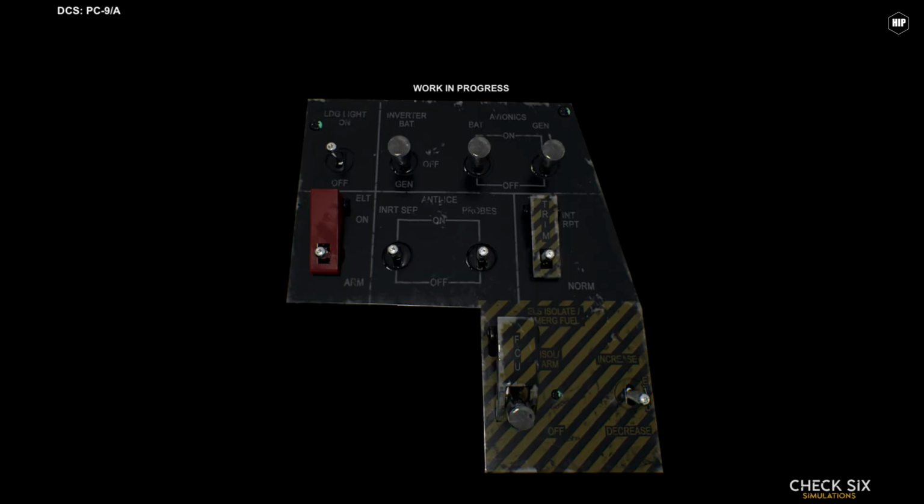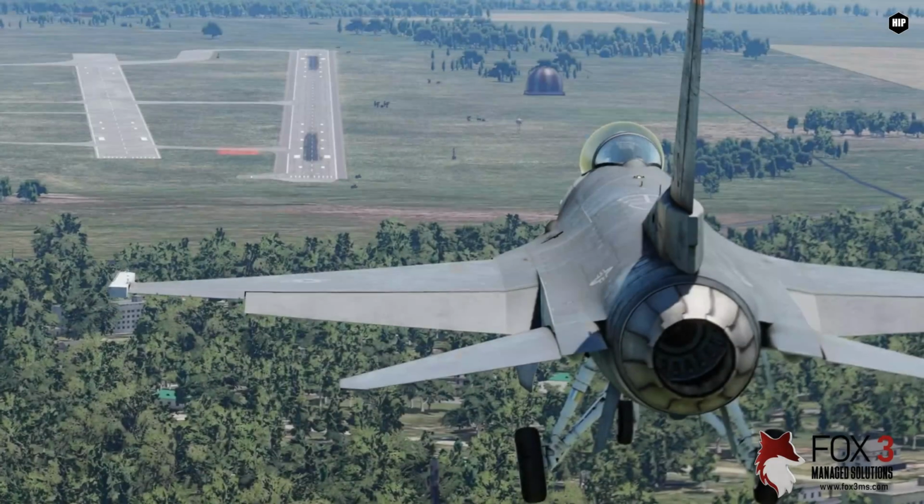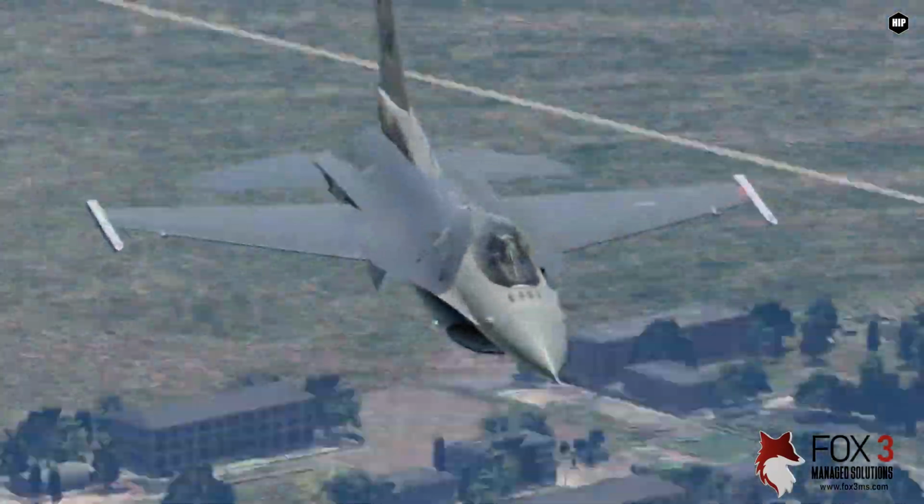Meanwhile, Check 6 Simulation, the team behind the upcoming Top of Australia map, published a few pictures of their work-in-progress PC-9A. In other news, FOX3 Managed Solutions, one of our sponsors, is happy to announce their Ultimate DCS Skills